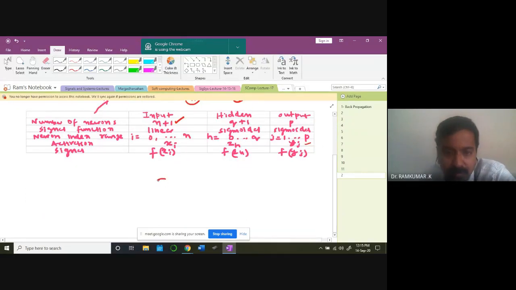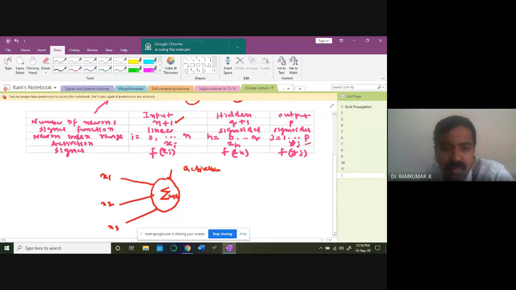So for example, the activation function for any one of the hidden layer neurons is going to receive input from the previous layer. It may be from X1, it may be from X2, maybe from X3. So it's going to receive these, and you'll be summing up all those values, multiplied by the corresponding weights and inputs. This summation you call the activation.